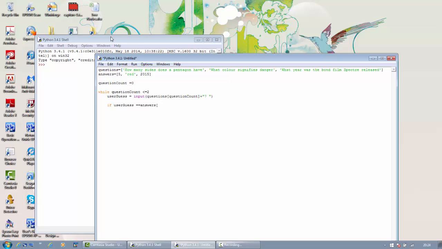So I say if user's guess is exactly equal to the current, I'm going to call that count actually, shouldn't I? It's not a question count, it's a question and answer count. So let's just call it count. That's a more sensible variable name because I'm going to use it for both the question, to get the index of both the question array and the answers array. So we'll go down to here. We've got our count. So we're saying if the user's guess is exactly equal to the answer at the current point in the question answer array,